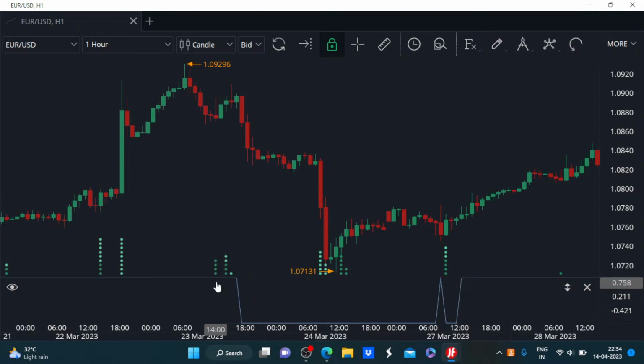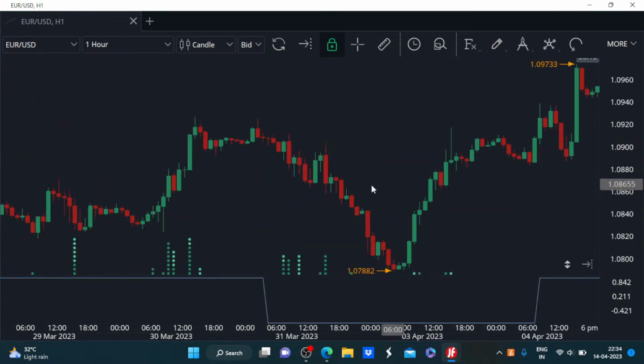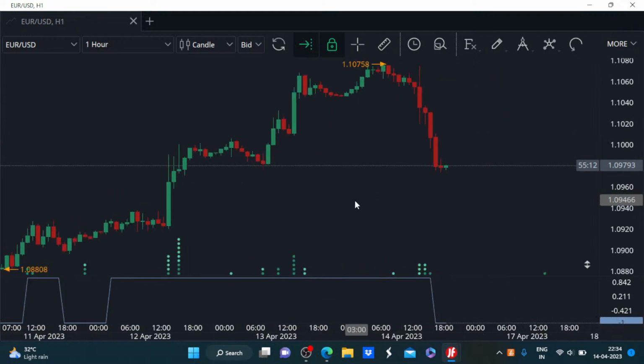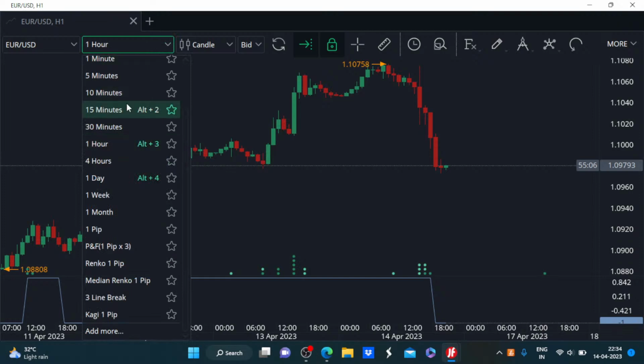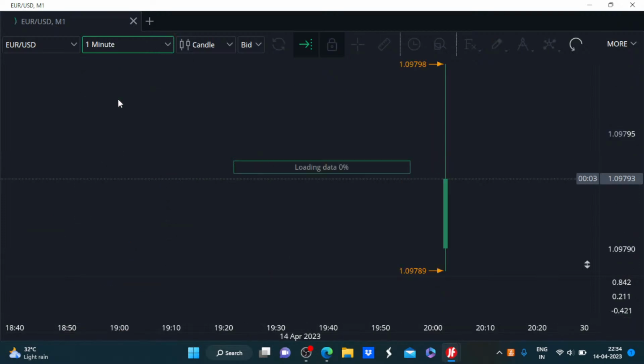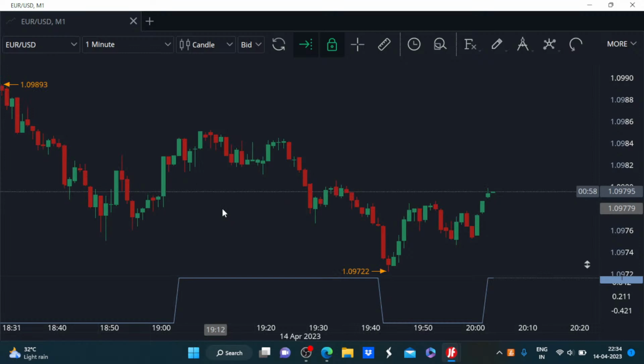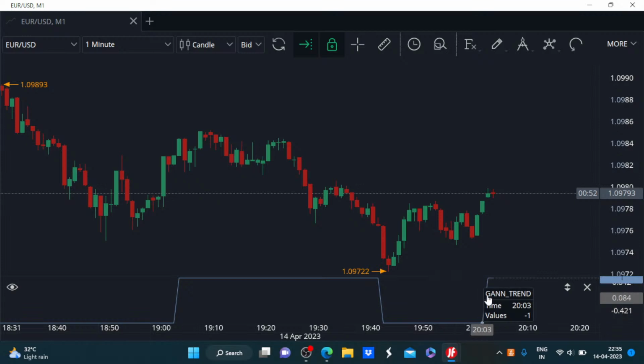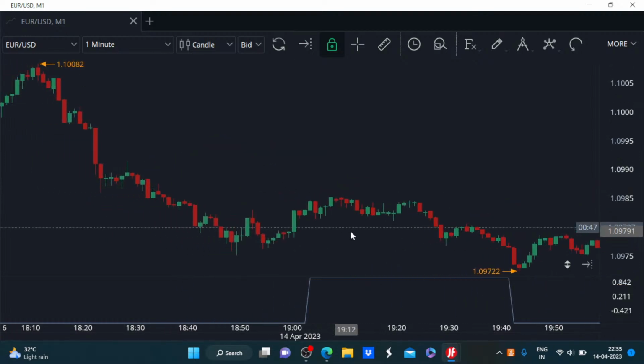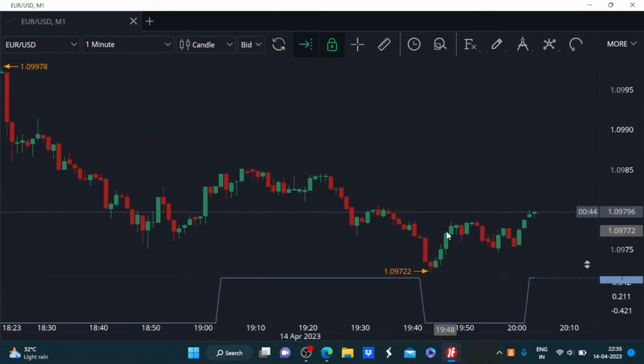And as there are these discrete values, you get a clear-cut idea of where the momentum lies. And suppose, for example, if you feel that this hourly formation is going to lag, then of course you have all the freedom in the world to go for shorter time horizons. But then that also comes with another kind of risk. Suppose, for example, even on the shorter time horizon, if things are not really moving anywhere, then again you will see this indicator generating false signals on the short time horizon as well, where you would end up losing money